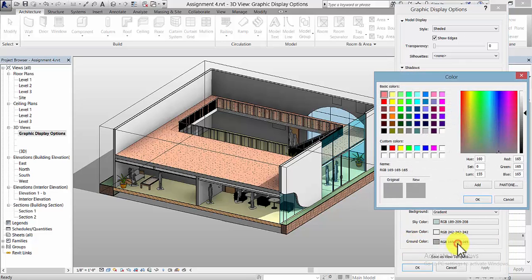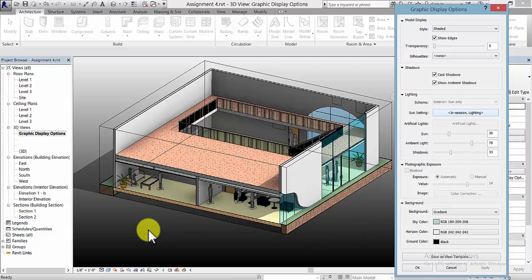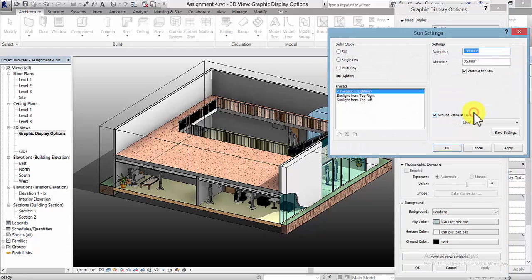So if we change the ground to something like black and pick apply, you'll see that it's ground and then it gets lighter and lighter. If we wanted a brighter model, we could here change the sun so that the sun is brighter on the images. And if we go under sun settings in session lighting, you can pick still instead of here one view